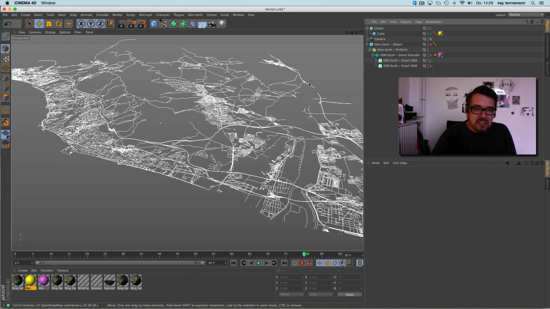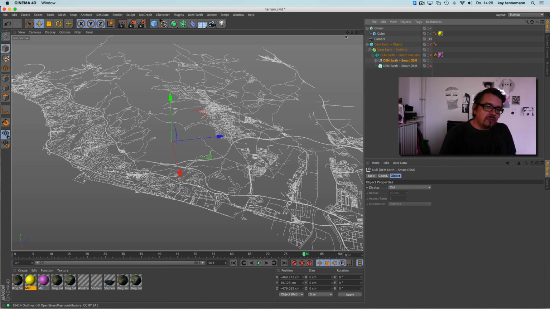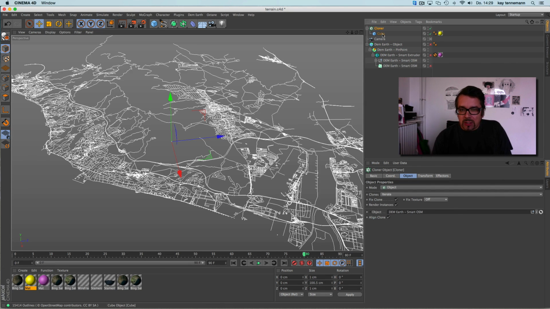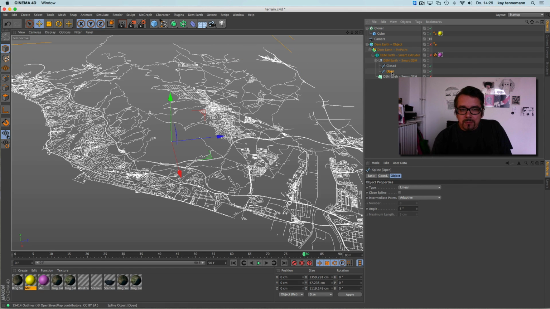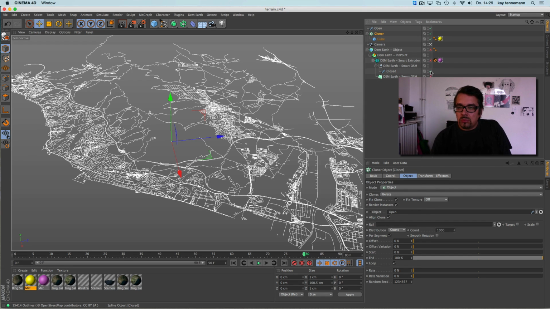Okay, at the moment I don't see anything, but we can of course convert it to traditional splines. And when I'm not doing it wrong, it should give us some. Oh god, it works.